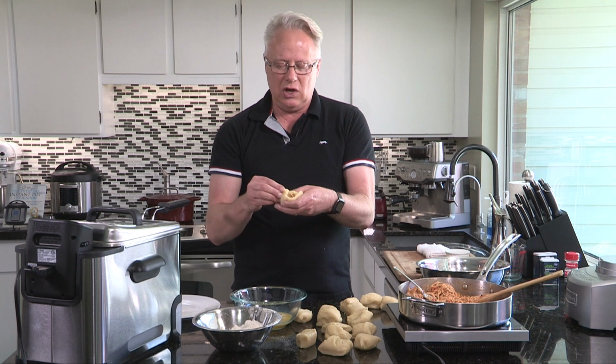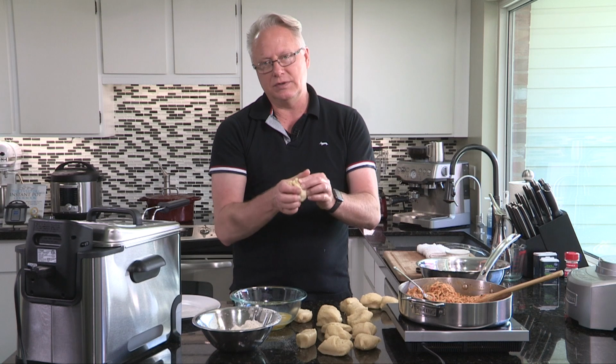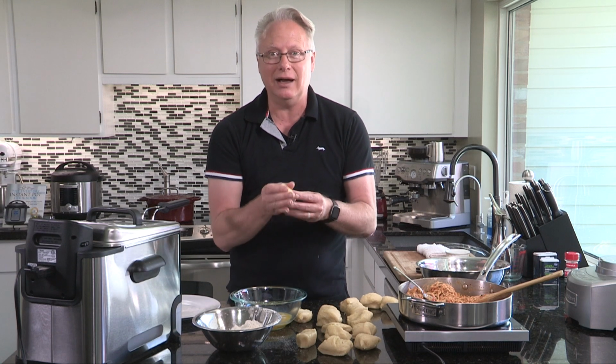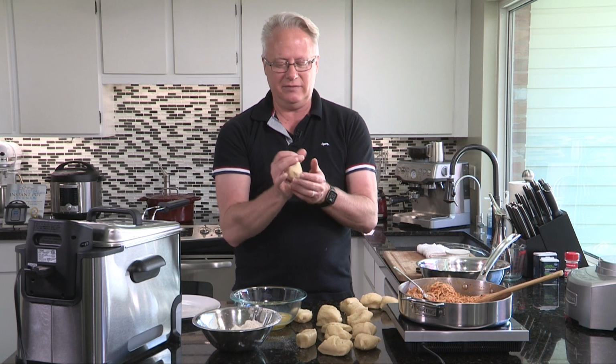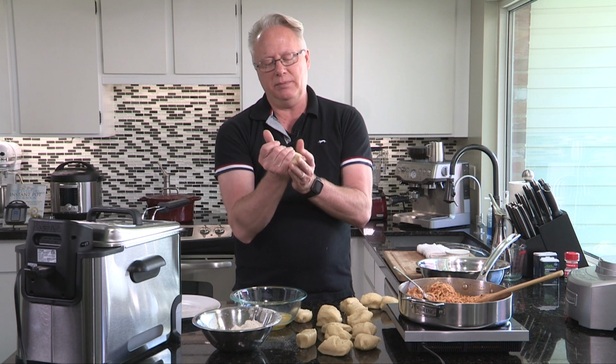Bring those edges all up together. And there you go. You can see you just bring that up, kind of pinch that together. It reminds me of dim sum, actually. I mean, if you look at it, and put that in a steamer basket, you could steam that and have dim sum. All right, so just kind of press that together at the top there so that it comes